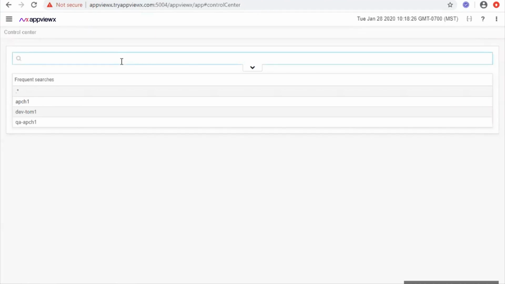Starting with Control Center, let's say that you have some tidbit of information such as an IP address or an alias reference towards the name of the application instance, and you could search just on that specific tidbit of information. So as an example, in my demo environment, I have some application instances, one in particular named Tom1 as in Tomcat. So if I just typed in Tom1,